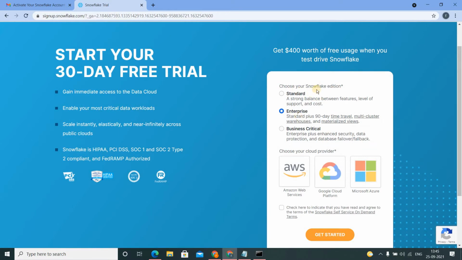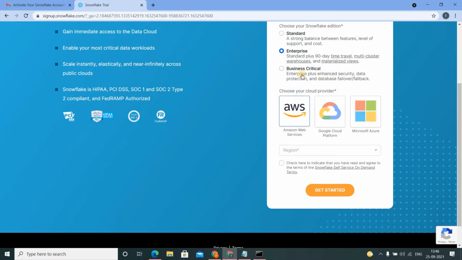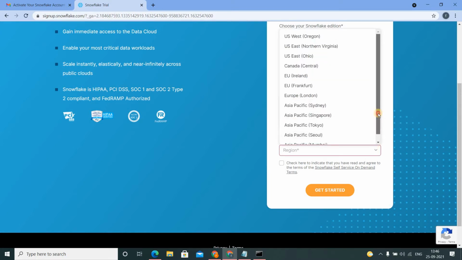And here by default you are choosing a Snowflake edition, that is Enterprise Edition, and then Snowflake is asking to choose the cloud provider. So Snowflake uses cloud infrastructure. I am choosing AWS. We'll talk more about Snowflake architecture in the going forward classes. So I have chosen the cloud provider as AWS, and then it is asking me to choose the region. I already have an AWS account in US East region, that's why I am choosing US East.